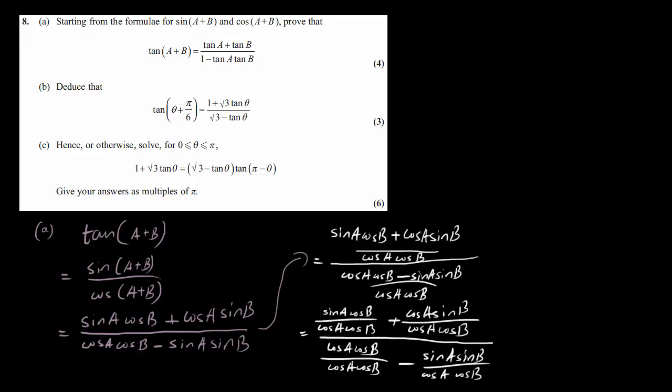Now we can do simple algebra. This cos b cancels off with this cos b, this cos a cancels off with this cos a, this cos a cancels off, this cos b cancels off. So we have only one left over, and this doesn't cancel off at all. So what we have here is,